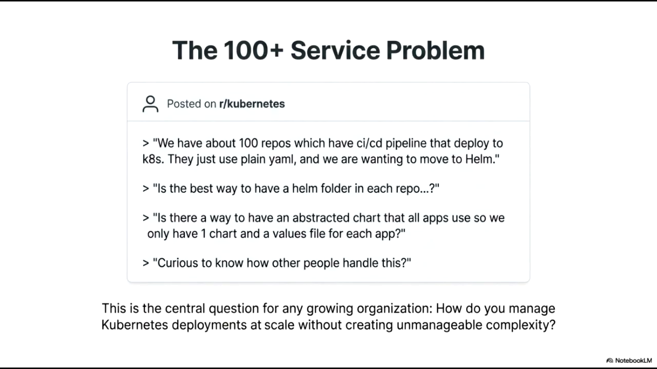Is it better to have a Helm folder in every repository, or is there a way to create a single, abstracted chart that all applications can share? This is the central question for any growing organization. How do you manage Kubernetes deployments at scale without creating unmanageable complexity? In this session, we will look at how to move past this bottleneck and build a deployment architecture that truly